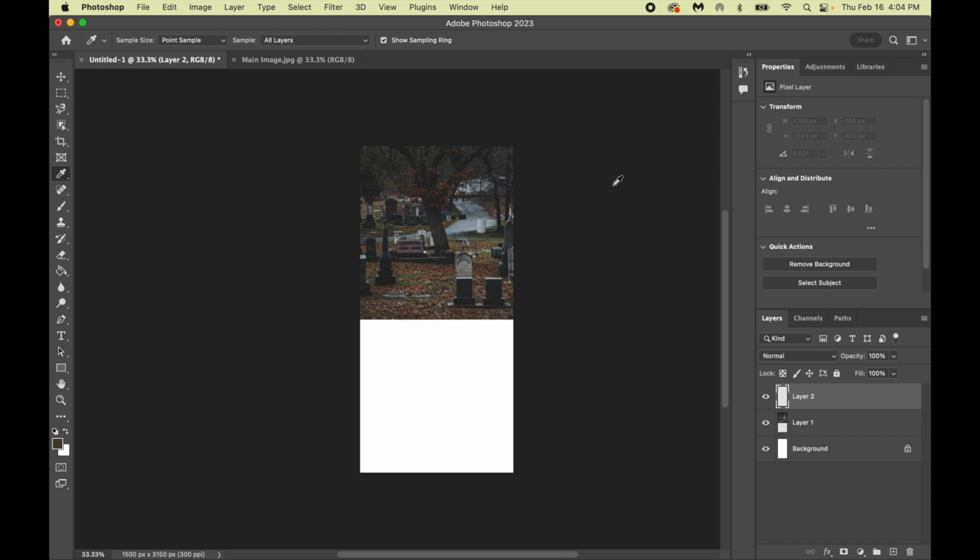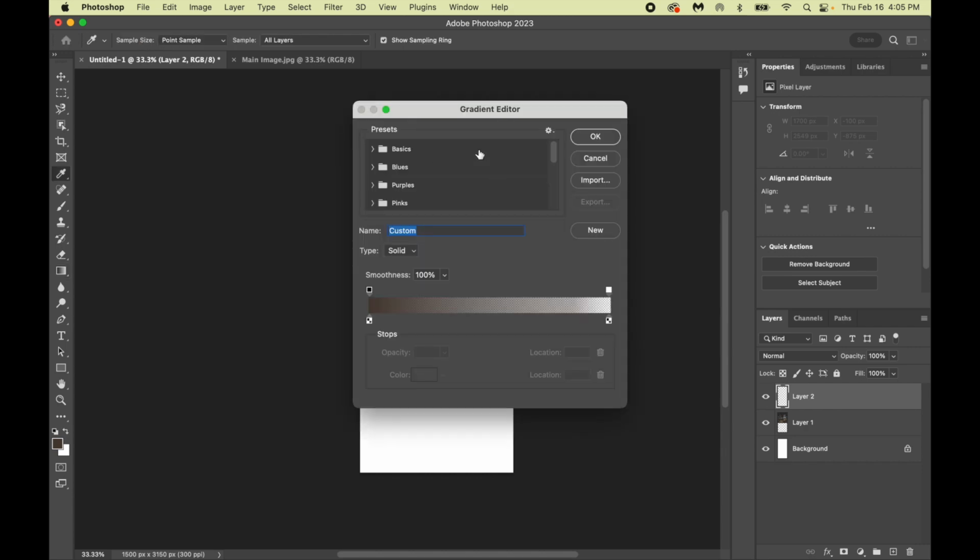And I need to use the gradient tool for this next step. If you have the paint bucket tool, click and hold on it, and the gradient tool is right above it. Now, you might have other things already set, but we are going to click on this box up here, and we want to start with an ombre effect, okay? And we want it to go from our foreground color, not to our background color, but from our foreground color to transparent. So we're going to click on that. And then we are going to move